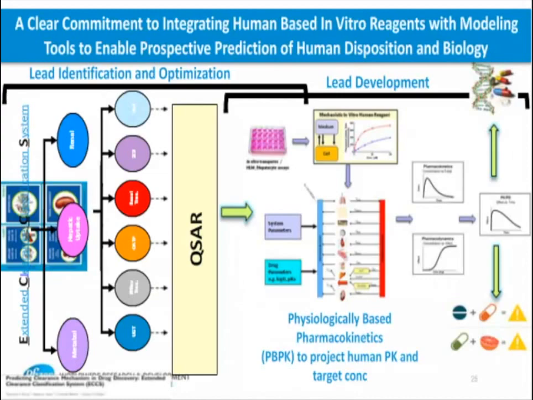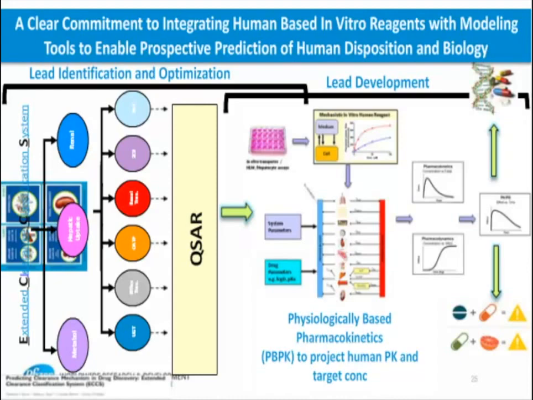Now, what we are calling for: I am calling for a change in how we approach our drug disposition. We should not have one size fits all, where all the compounds are evaluated using the same approach. The assessment and the evaluation should be driven by the rate determining step if we are trying to understand the systemic exposure of the molecules. This is where the extended clearance classification system, the ECCS, comes in. It will enable you to understand what the rate determining step of your compound evaluation is. Based on that, you define what investments and tools will enable you to establish a QSAR to weed out compounds with issues around